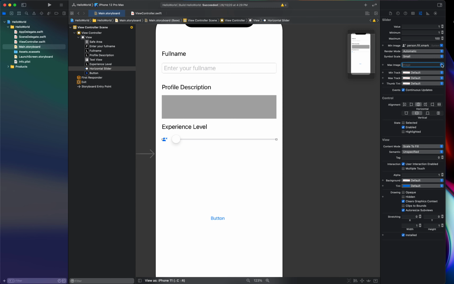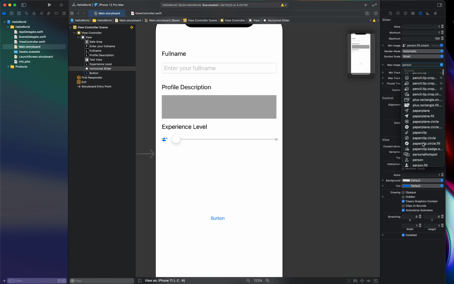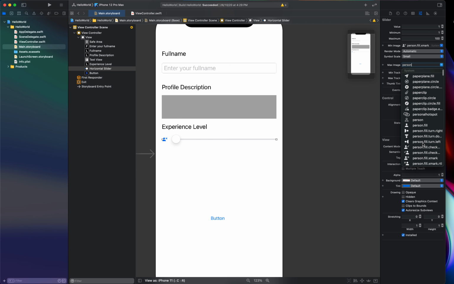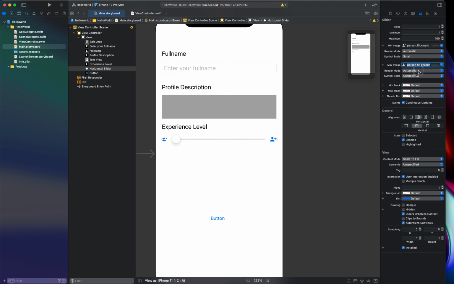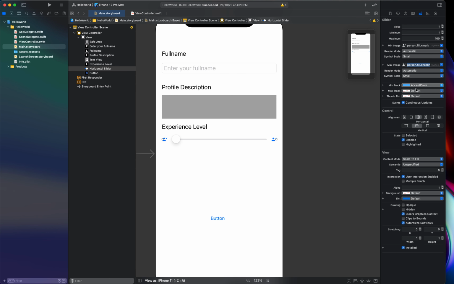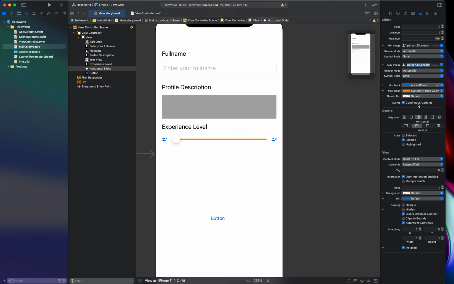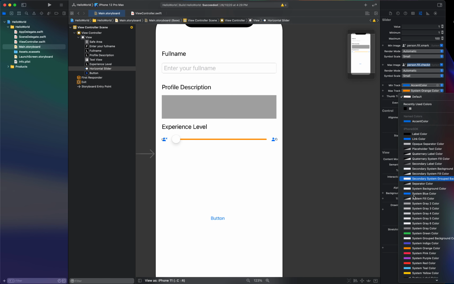We can set person, fill, check. So this is automatic, this is small, that's it. Minimum track, we can set some colors here like blue or something. Maximum track, we can set orange. Thumbnail tint, we also can set,